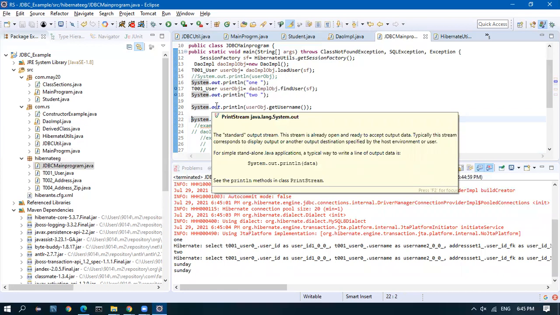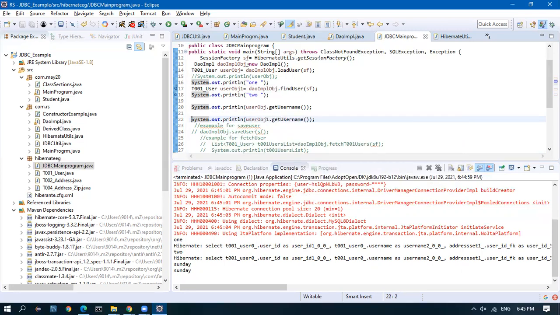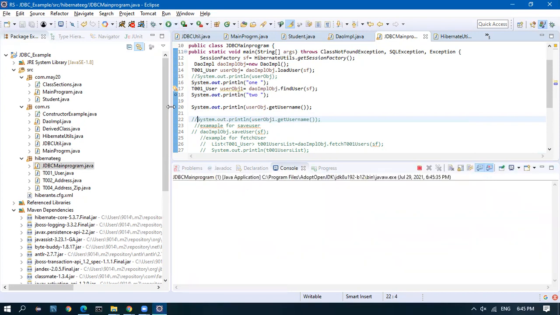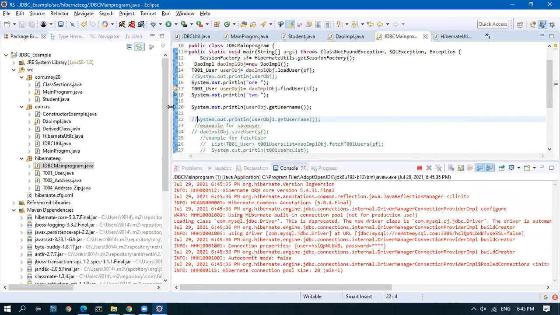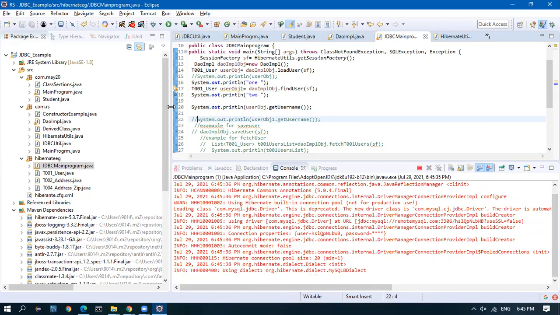The same. We didn't change anything. I just added a sysout. Right? I added a sysout and the query got printed. I'll comment the sysout. The sysout has nothing to do with the query. But if I comment out the sysout, the query will not be printed.